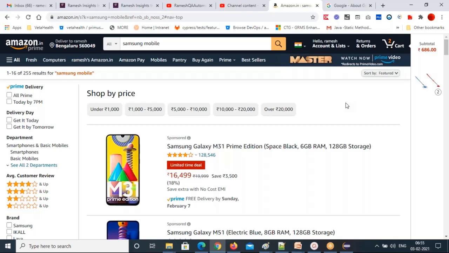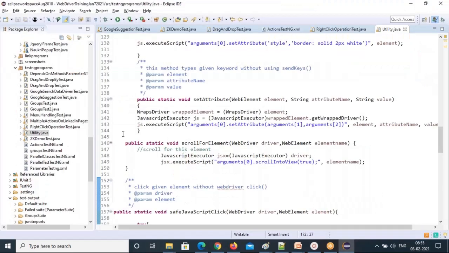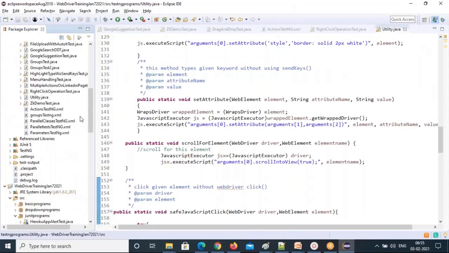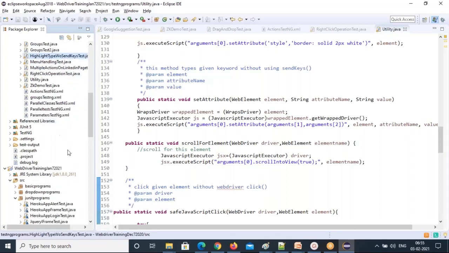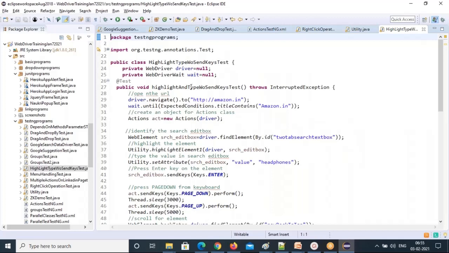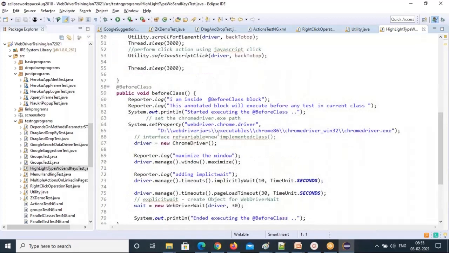These are the methods I'm calling here. So first understand the scenario, and based on that we can call them. So let me take highlight, so this is the highlight element we might need.